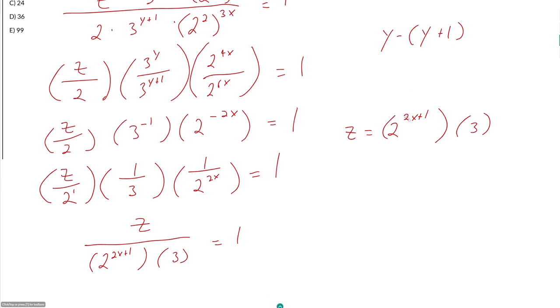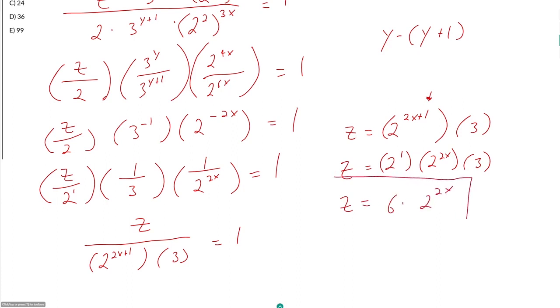If I wanted to, I could go a little bit further by saying I can sort of reverse engineer my exponent rules by writing this guy here as z is equal to 2 to the first times 2 to the 2x times 3. I'm actually taking a step backwards from what we did here, but then I can combine this 2 with the 3 over here to say z is equal to 6 times 2 to the 2x, which I think I like a little bit better. So I wouldn't say you have to go this far. As long as you get some expression for z by itself, you should be able to still answer the